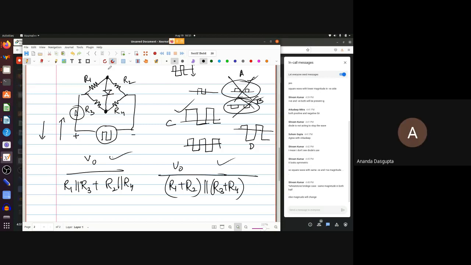The ratios. So let's call these two points P and Q. What you need for the diode to be forward biased is what? Vp to be bigger than Vq, right? Yes. Then only current will flow through the diode. But what is the forward biased condition for that in terms of the resistances? Can you tell me that? Or to be precise, what is the condition that when current flows this way, the diode is forward biased?